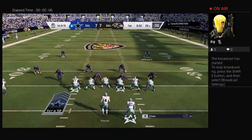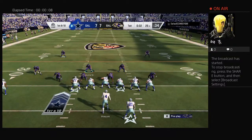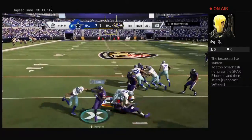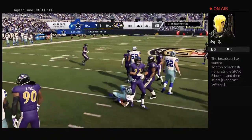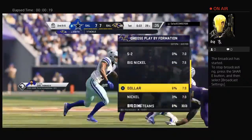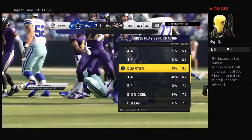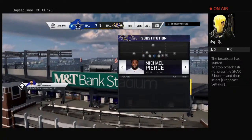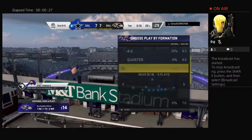Set for this next drive by the Cowboys offense. And they're hoping to redo their efforts in the last drive when they got into the end zone. And just think of what it's like now on the sideline, because when you score a touchdown, you have to go over and look at the tablet and see what you did on the last drive. When you scored points, it's a whole lot better view than when you're trying to figure out how to fix things there. 2nd and 6 at the 29-yard